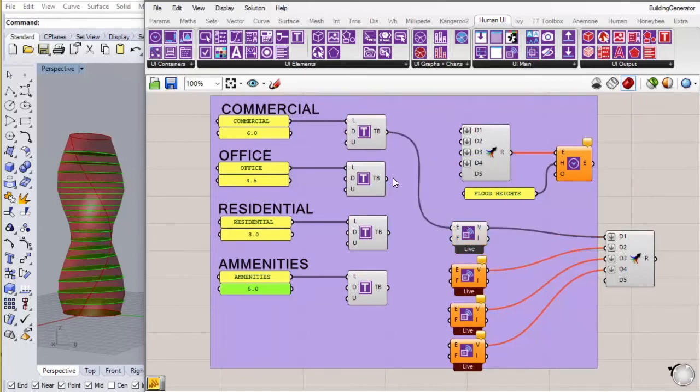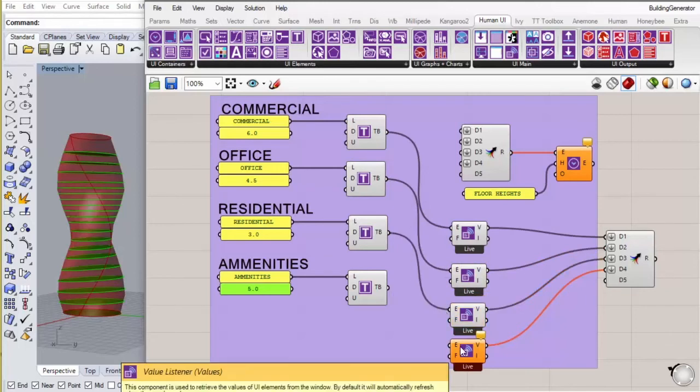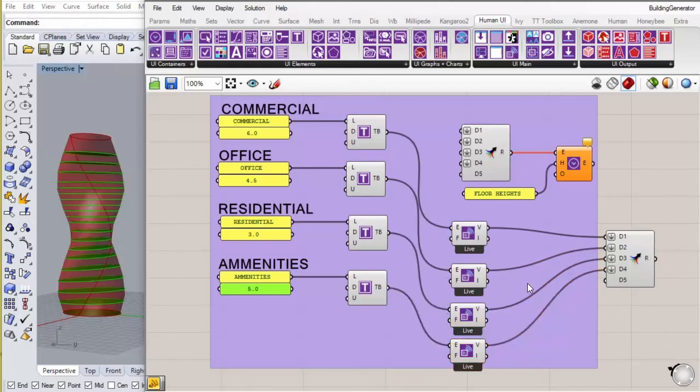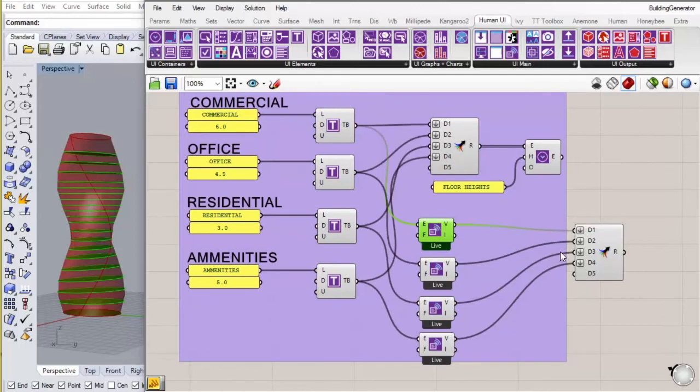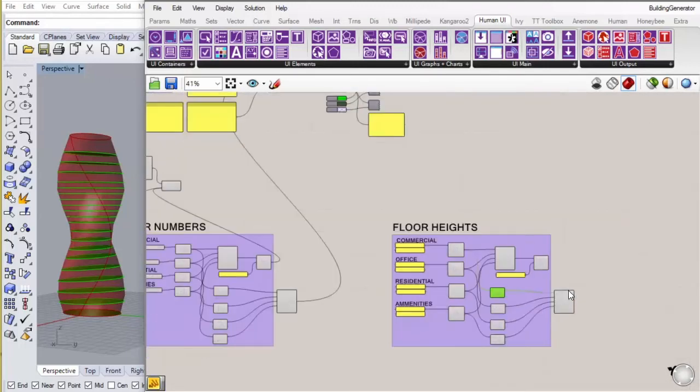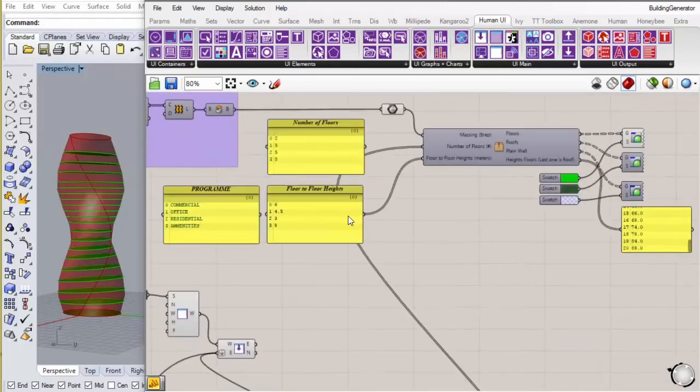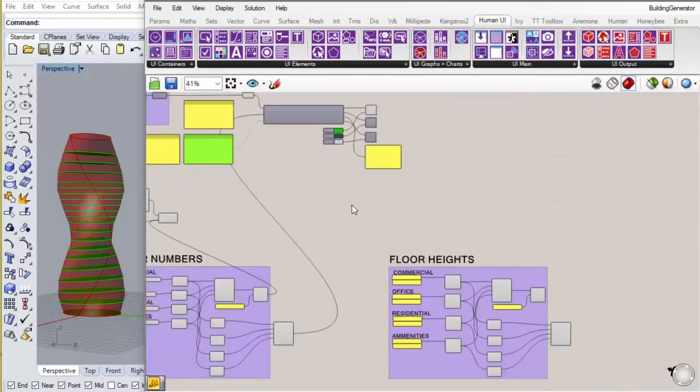These have to link up to the value listeners. Then these go back to here. And whatever comes out of these value listeners then replaces what we had for these values. So there it goes.